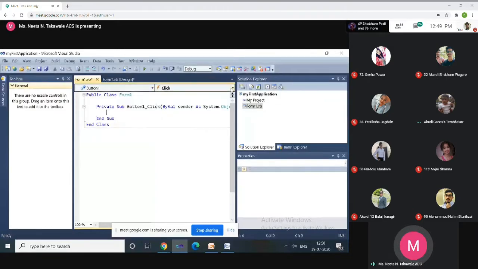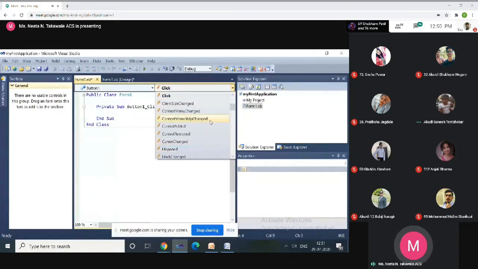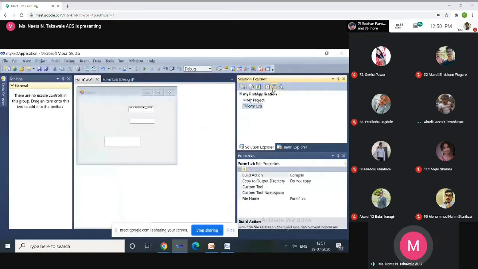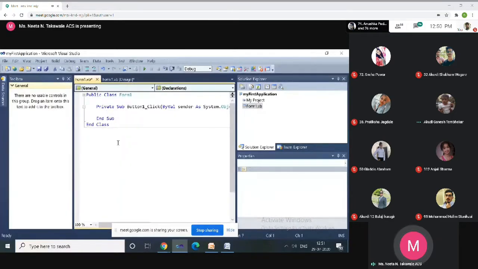So for Button1, it shows the list of all available events. By default, for a button the Click event is always selected. So whenever you click or double click on that button, it selects the click event.